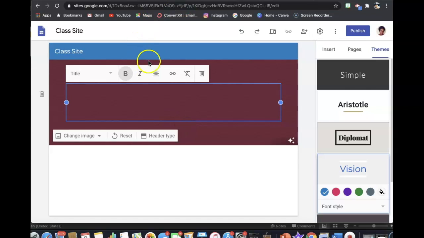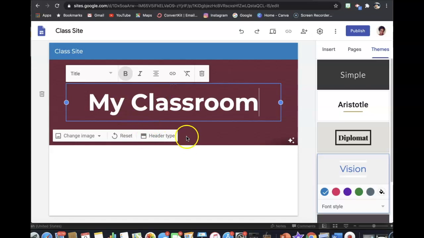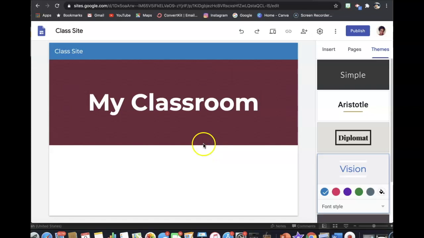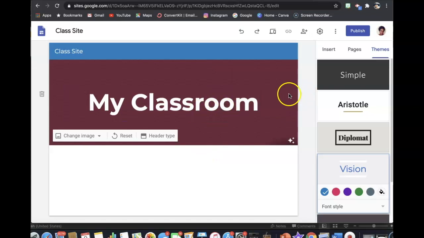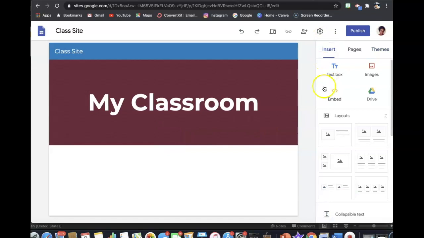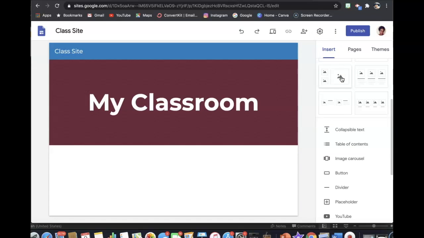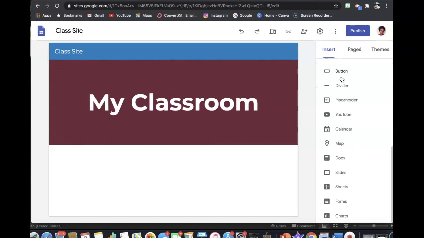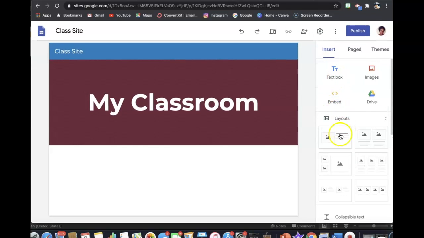Okay, so we're at a place where we want to go ahead and maybe include a title to our header if we did not upload our own image that already includes that information. So my classroom, that's what we have. Now going back to Insert, because that's where all of our layouts and information is for us to actually build our site. To include those buttons like I have on